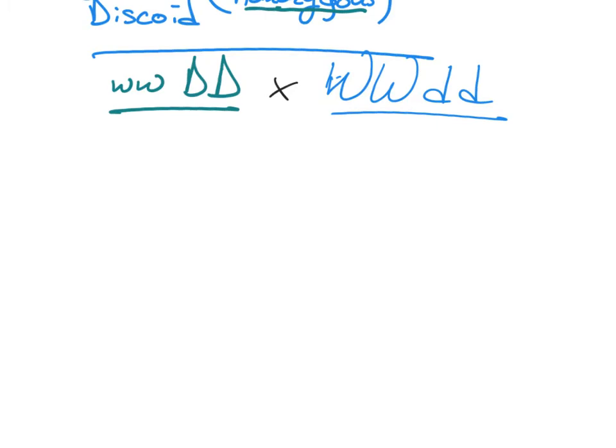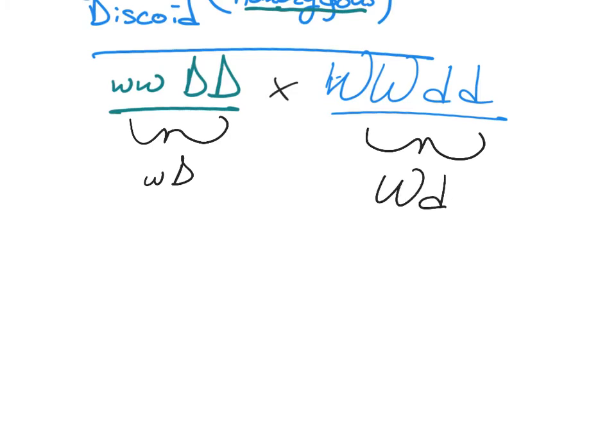So first thing you need to know is what is the mom going to give and what's the dad going to give? Well, foil, how many different kinds of eggs or pollen can this one make? It can only make one kind. What would it be? Little w and big D. That's all their pollen's going to be, right? And what's the eggs on this one going to be? Big W, little d. That's the only ones it can make. So all of their children are going to be a combination of little w, big D, combined with,